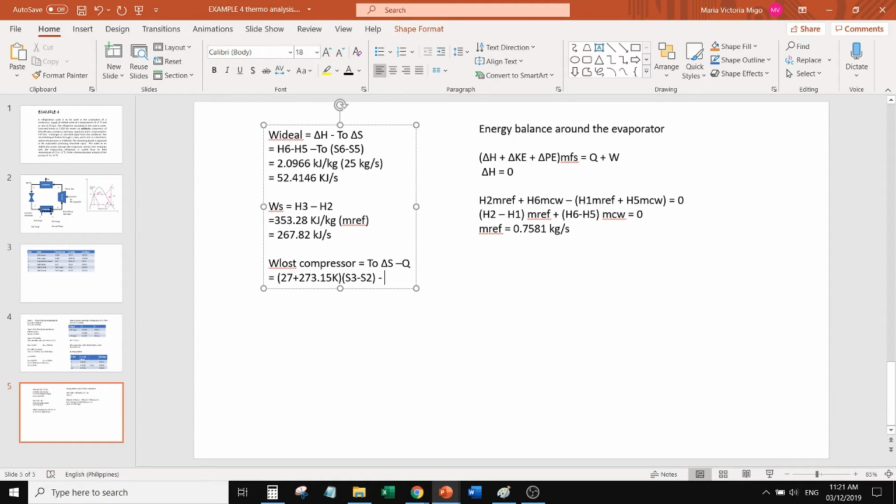Compressor is adiabatic, so Q is 0. Plugging in S3 and S2, I leave that to you. And then multiplying this quantity by the mass flow rate of the refrigerant, you will get